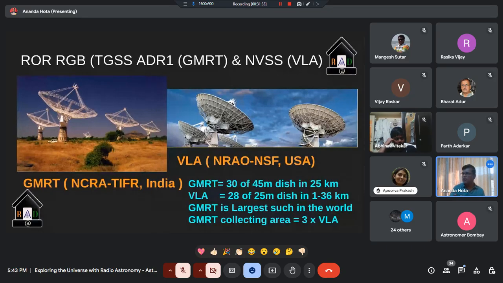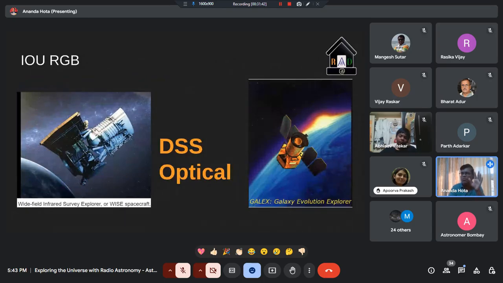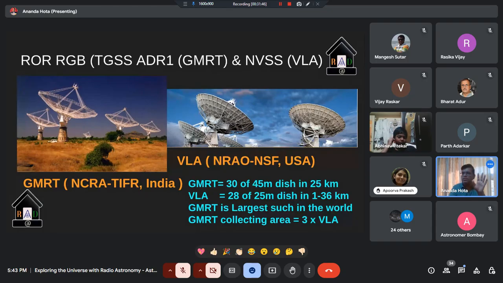We are getting an image combination tool called RGB Maker, where we are combining infrared, optical, UV, and radio in GMRT, 2-meter wavelength, optical the same, and radio 20 centimeter wavelength.